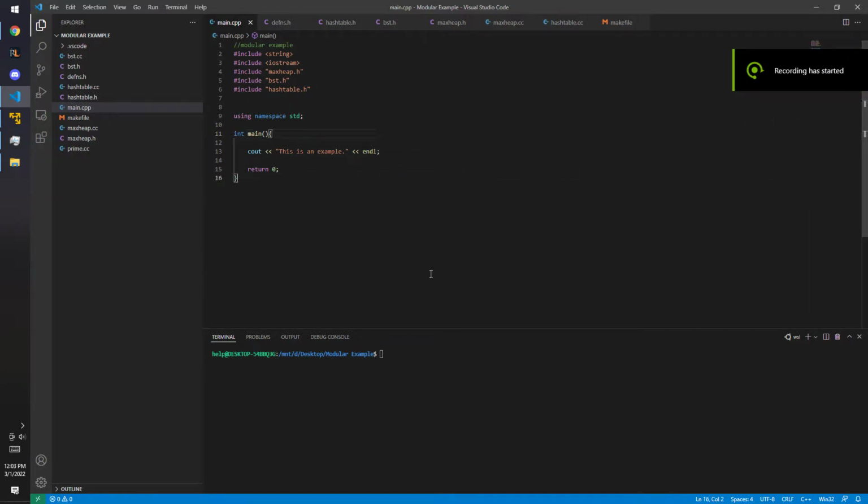Alright, this video is going to be about how to do the modular design. I know people have a hard time with this sometimes, making the files play nice together, because you end up including the same file more than once, and then your compiler's mad at you. So if you look,